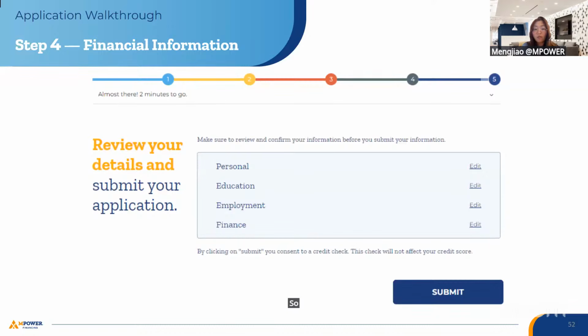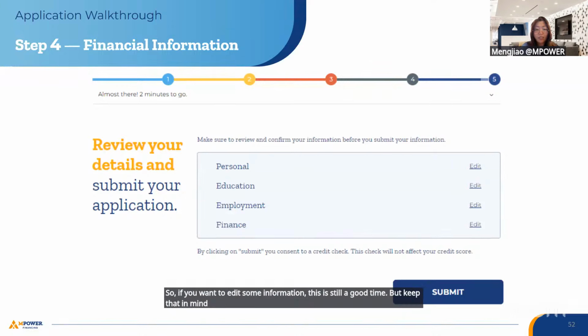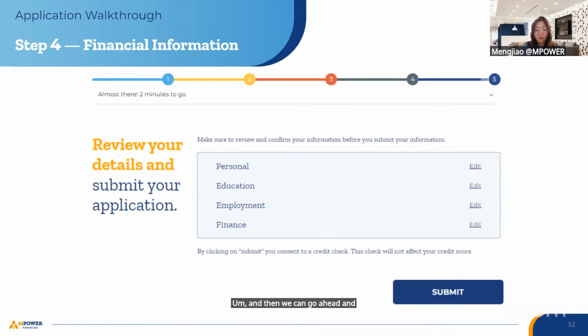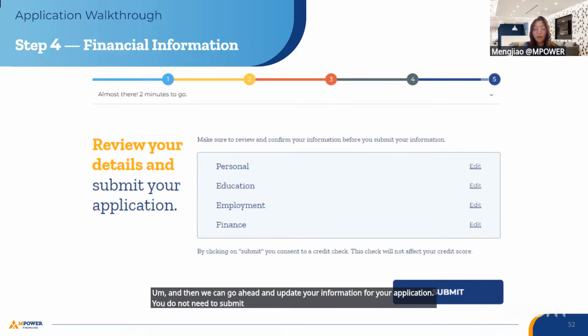If you want to edit some information, this is still a good time, but keep in mind that once the application is submitted, you will not be able to make any changes. However, you can send us an email, and then we can go ahead and update your information for your application. You do not need to submit a new one unless certain information is incorrect.